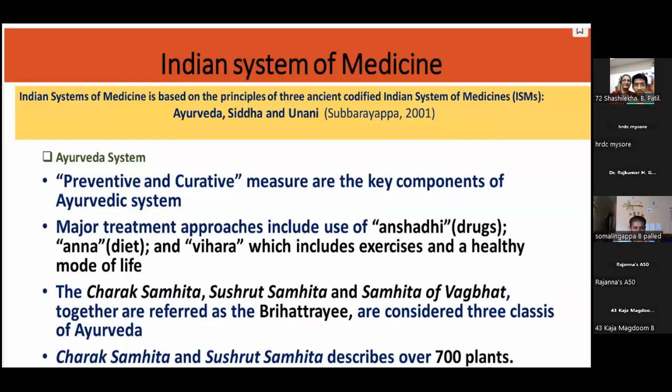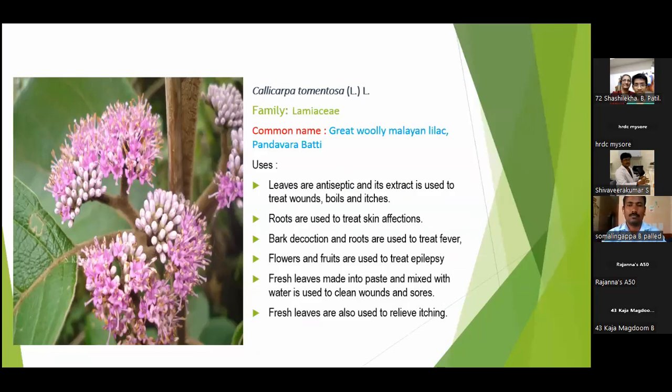Why Indian system of medicine? As I have already told, preventive and curative are the two important key components of the Ayurvedic system. Whereas the major treatment approaches include the use of aushadhi, that is drugs, anna, diet, and vihara, which includes exercise. Ayurveda. With this background, a few important medicinal plants that are considered